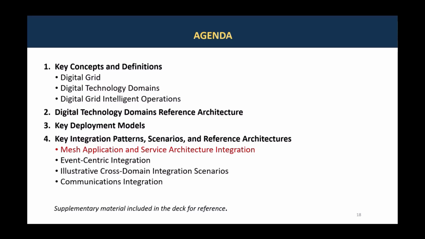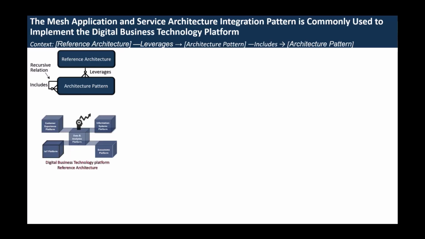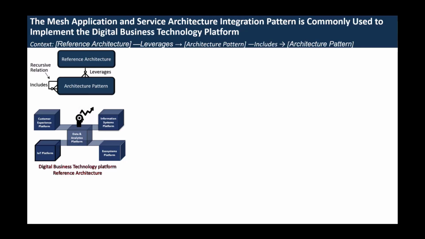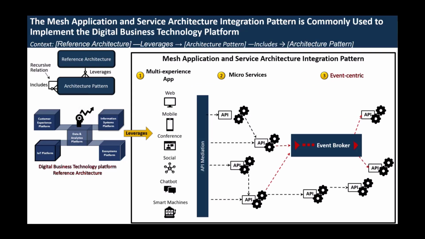Let us now go through key integration patterns, scenarios, and reference architectures. We are going to start with mesh application and service architecture integration. The mesh application and service architecture integration pattern is commonly used to implement the digital business technology platform. So here we have the digital business technology platform reference architecture that leverages the mesh application and service architecture integration